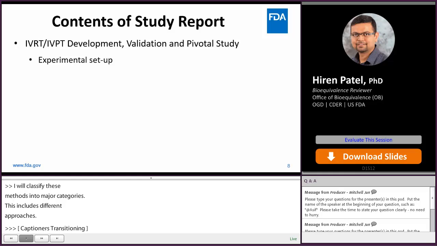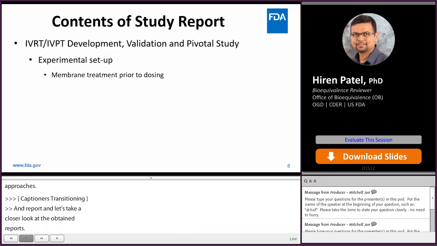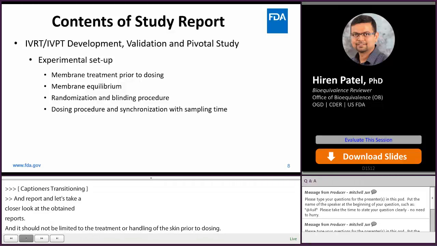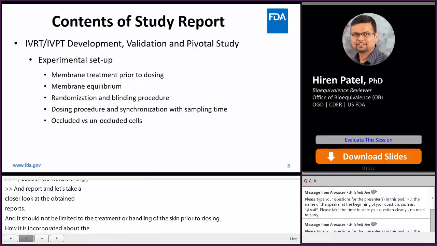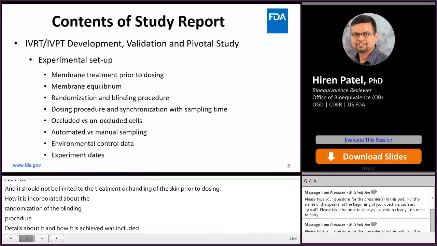In general, the study reports should contain detailed information for experimental setup, which includes but should not be limited to the treatment or handling of the membrane or skin prior to dosing, how the membrane or skin is equilibrated, the randomization of dosing and blinding procedure, step-by-step dosing procedure, and how the dose is synchronized with sampling times, details about occlusion and how it is achieved versus unoccluded dose, sampling techniques, that is automated versus manual, environmental control data, that is the temperature and humidity during the conduct of studies, dates of experiments,